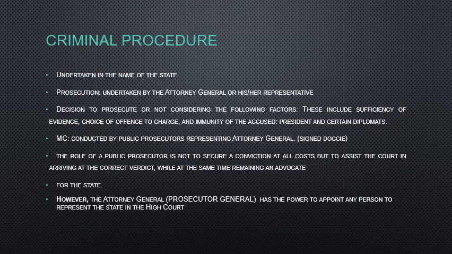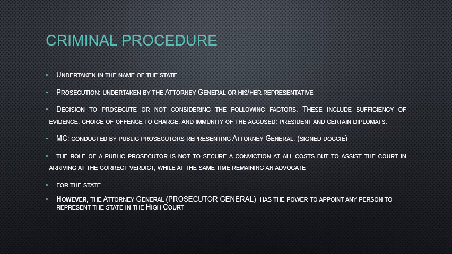Okay, so in terms of criminal procedure, we have the state against an accused that will be in court. The accused would have done an antisocial behavior that would be considered so gruesome that the state has to intervene and punish that person. We talked about that when we were doing chapter 1. So now we have criminal procedure. What is a procedure now?